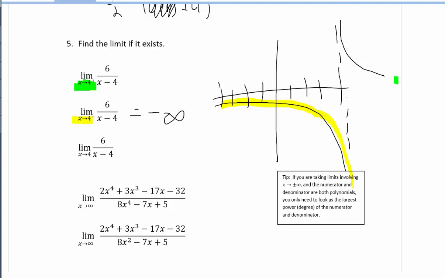I'm trying to get close to 4, so here I'm at like 5. Here I'm at like 4.5. Here I'm at like 4.00001, but it's going to blow up. It's going to go to infinity like so. Now, if I try to approach 4 in general, well, one guy says infinity, and one guy says negative infinity, so they can't agree, so the limit does not